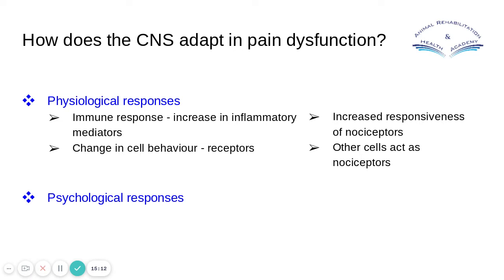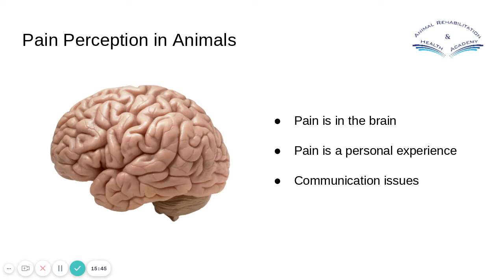People do talk about it ramping up. It can get worse and worse and worse. In patients with chronic, persistent pain, this can be a major thing that's going on. But then there are also the psychological responses. And I think this is where we can really have an influence with exercise and our treatments, not just exercise, but our treatments. So it's important that we look at those and think a little bit outside of the box about how we might be able to use these to, not manipulate, I don't like to use the word manipulate, but influence these to make a change in the perception of pain.